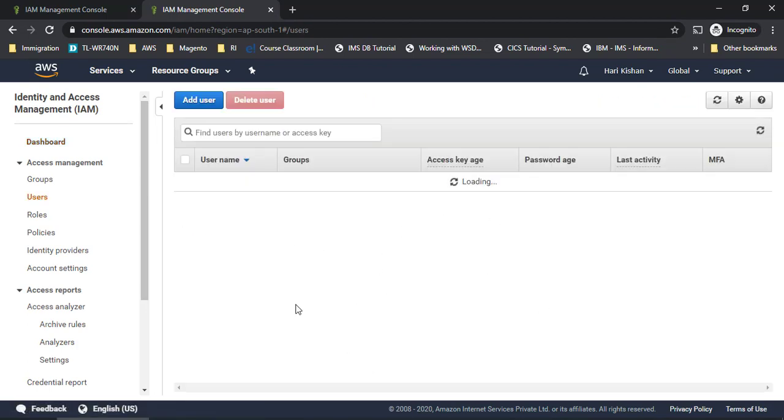Now I'll go to users, I'll go to admin user, which is going to be loaded now. Okay, so you should ensure these things are taken care of while creating an access. If you want to give access to anyone, try to give as minimal permissions as possible. Don't give full access if it is not required at that time, right?